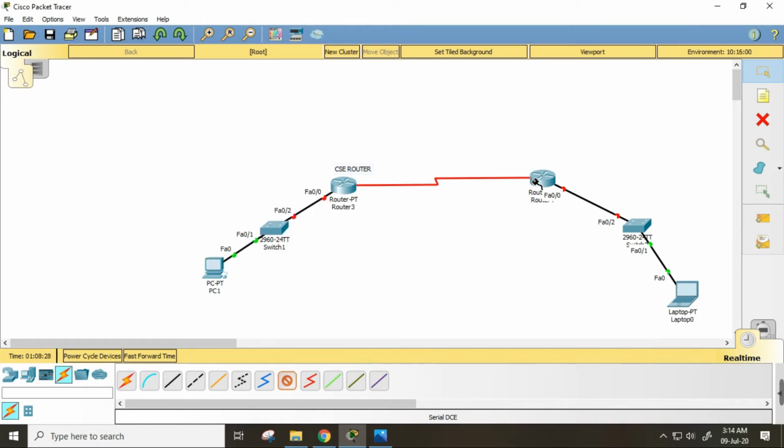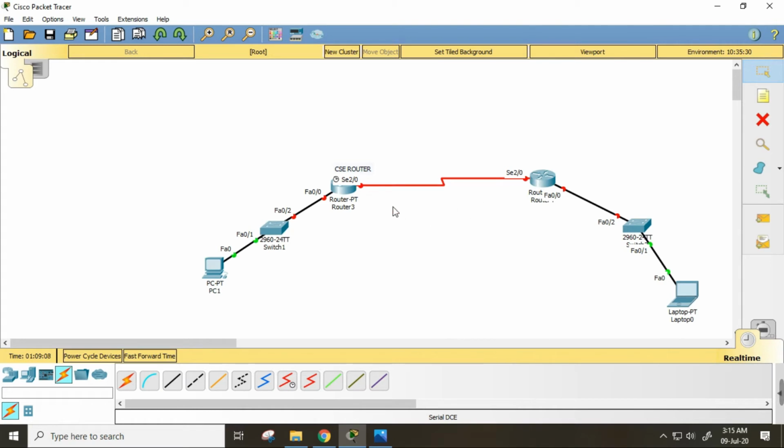It's a lightning bolt like cable. All right, so I want to connect it to this router. I want to click on that, and then connect it to serial 2/0 or serial 3/0. I can connect it to any of those, but just to keep a synchronization, I'm going to connect it to serial 2/0. But yes, you can definitely connect it to any empty serial port. So I'm going to connect it to serial 2/0, and that's it. The connection is done. But again, you can see that both of these ports, this serial 2/0 and this serial 2/0, both of these ports